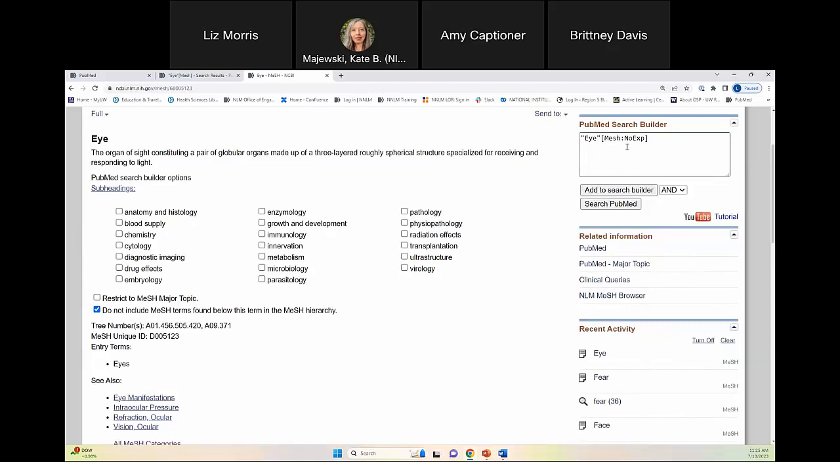At this point, you could add more MeSH terms to your search. So for example, I could add cornea like so, but we really like to caution people against doing this because when you use the no explosion feature, you might miss a relevant citation that was indexed with a more